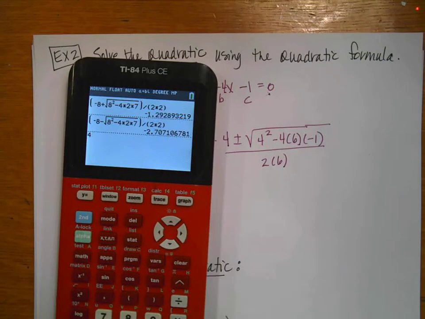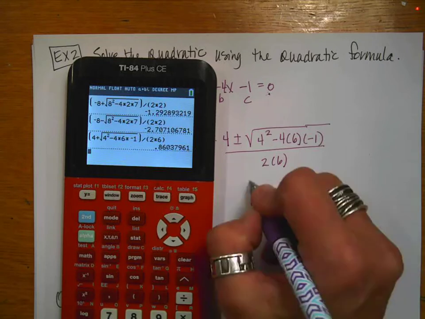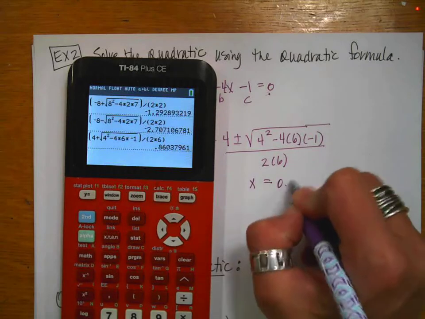So I'm going to do 4, except I'm going to put it in parentheses, 4 plus the square root, 4 squared minus 4 times 6 times a negative 1. Notice that I used the negative down on the bottom and not the subtract. Outside the radical, close, divided by open, 2 times 6, close, go. And I get for my equation, I got that x was equal to